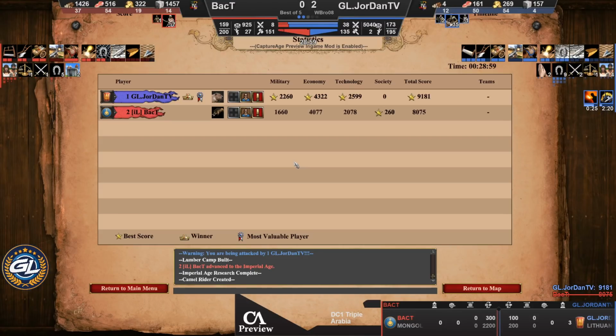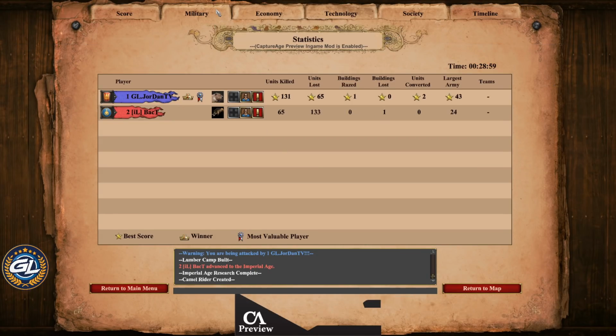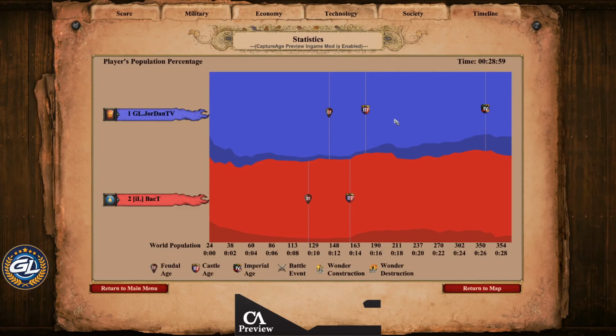Let's take a look at the statistics. Maybe they look a bit better. KD for JorDan, lovely, but that was including a lot of villager kills. And gold count pretty solid there for JorDan. The rest was better for BacT, but as we mentioned earlier, the heavy overboom here. 174 in the end. JorDan looking strong in this